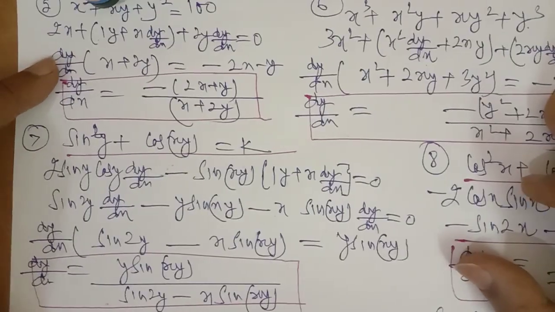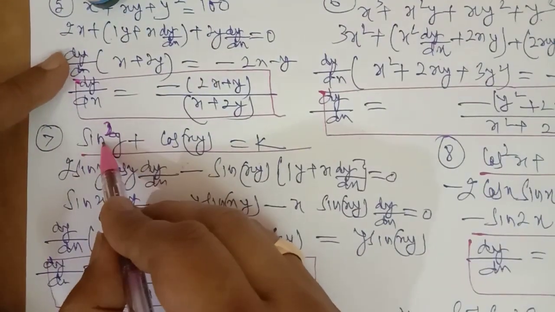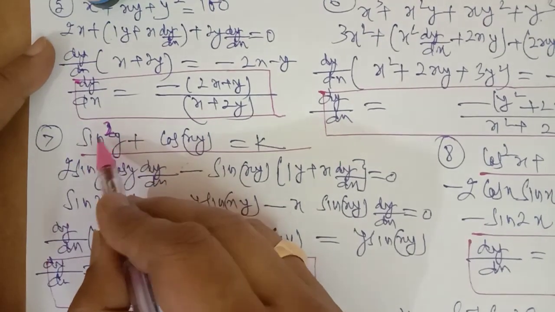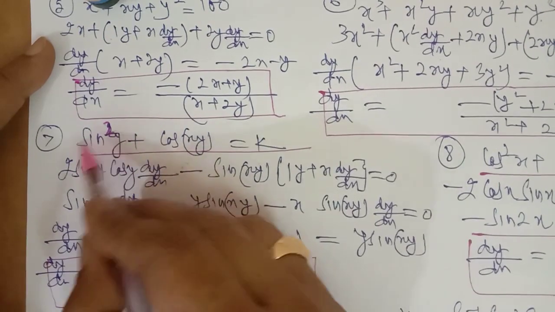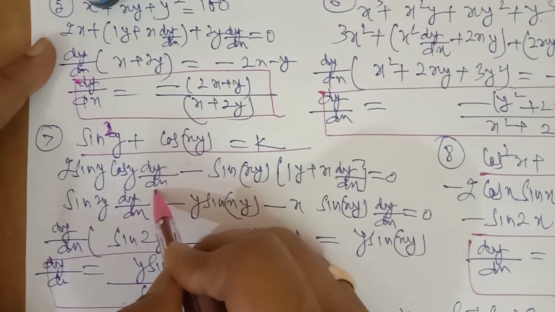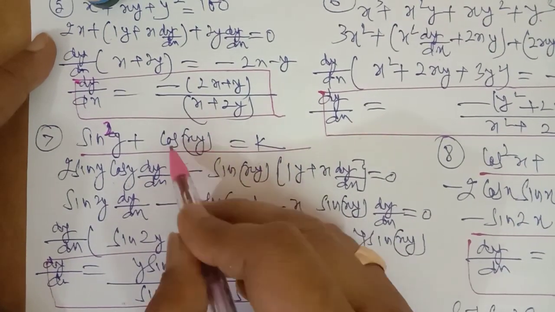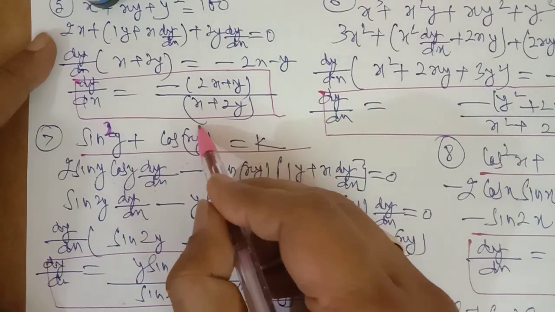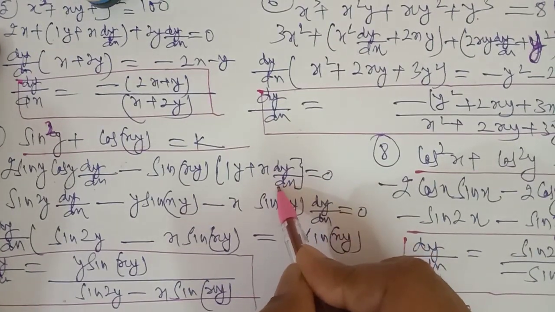Again, question number 7, see it very carefully. It is sine square y, which is a composite function. So first of all we differentiate the power, then sine. The derivative of the power is 2 sine y, and the derivative of sine y is cos y. So 2 sine y into cos y, and dy dx we have to put because we have differentiated y with respect to x. And see it very carefully, it is again a composite function. First differentiate cos, which is minus sine, and multiply with the derivative of x into y, which we can do by the product rule.